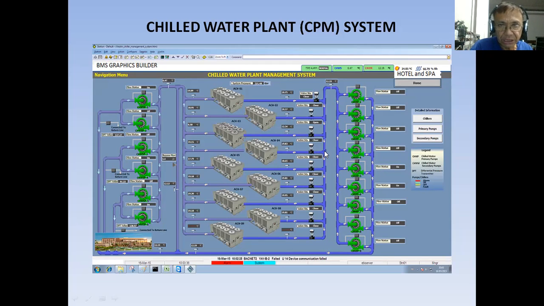All you need to do is ask the CPM guy to expose all the important points so that you can map them to your own chiller plant graphics. So I have created my own CPM graphics. All the monitoring points, I took from the CPM system through software integration.